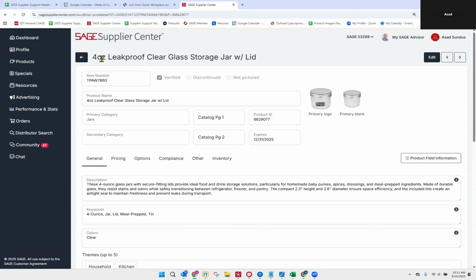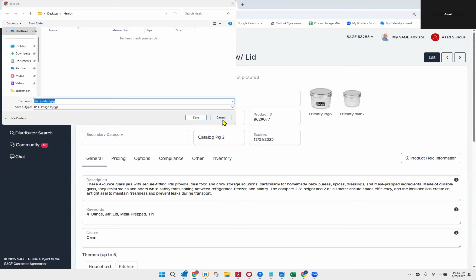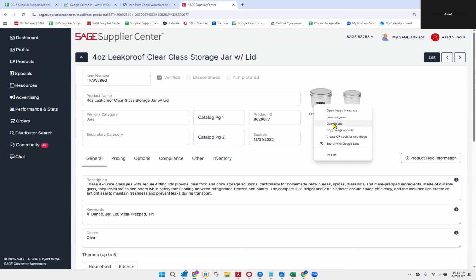Four ounce, I think you already have that listed here. That's a lot of work on keywords. Well, yeah, I know. Keywords can be difficult. And if you're struggling coming up with a keyword, you can always drop an image. Like, let's see here. We'll save this. Do I want to do save or can I do copy? Copy. And then you can go to ChatGPT